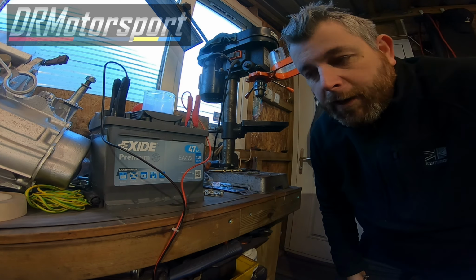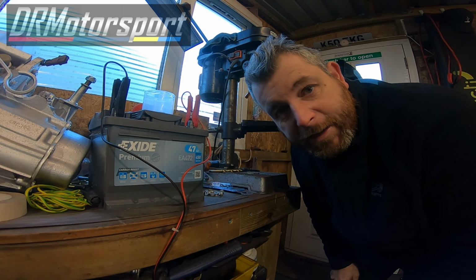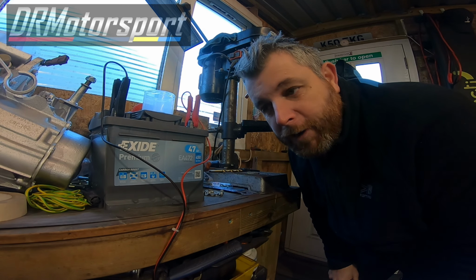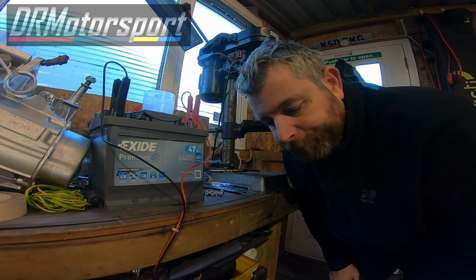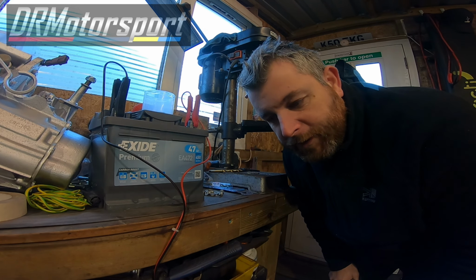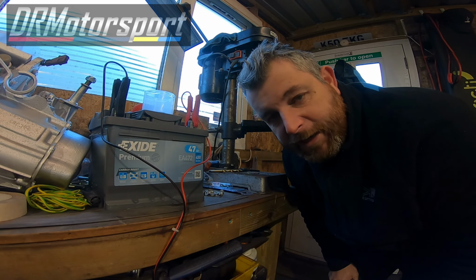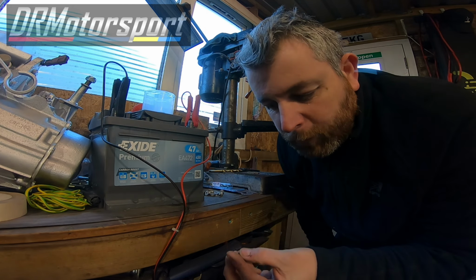So it's Saturday morning, and it's now time to secure the sunroof frame to the car. One of the first jobs that needs doing and sorting out really is the spacers that hold on the fairing